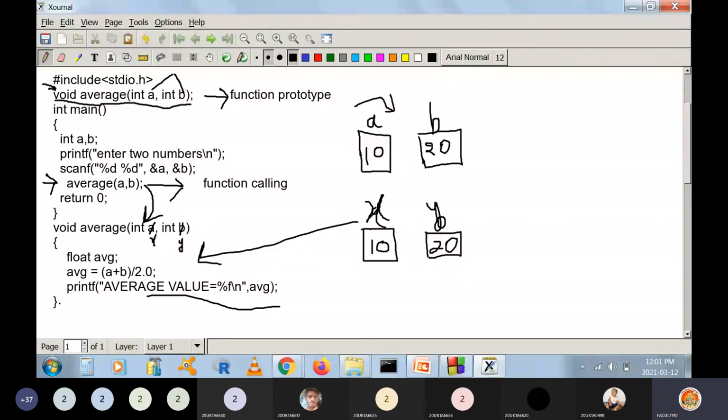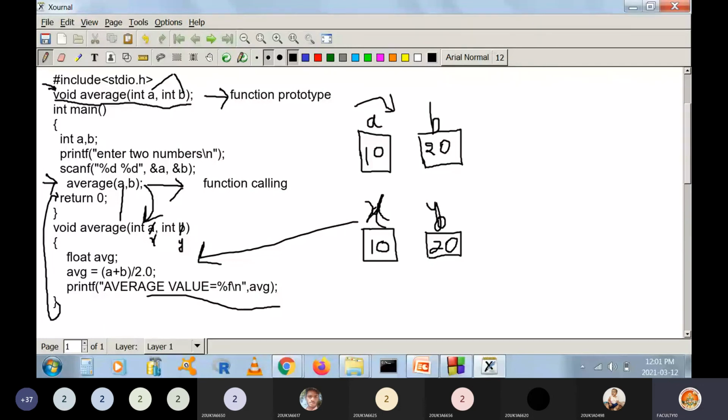After this function is executed, when it reaches the closing brace, that means the function ends here. So from here again it goes back to the next statement after the average call, because from here it entered. So after this it goes back to the main function. The next statement, whatever is present after this function call, it goes there and executes return 0, then close. Now your program ends. That's how.